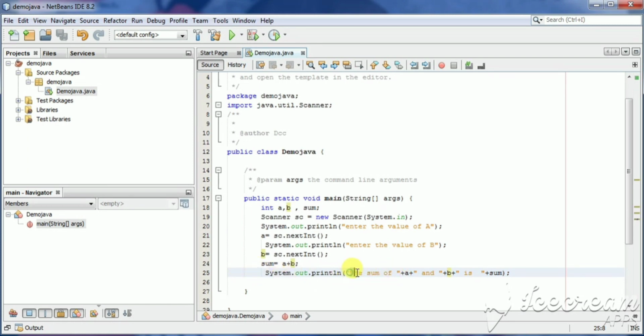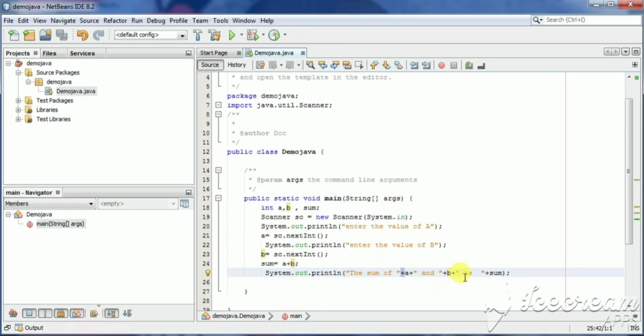Whatever is written between these two double quotes will be shown on the screen as a message, so it doesn't bother about the syntax or rules of any language. Here this plus denotes concatenation, not the arithmetic operation. The value of a is concatenated with this string, and the value of b will be concatenated with this string. At last, the value of sum will be displayed after 'is'.